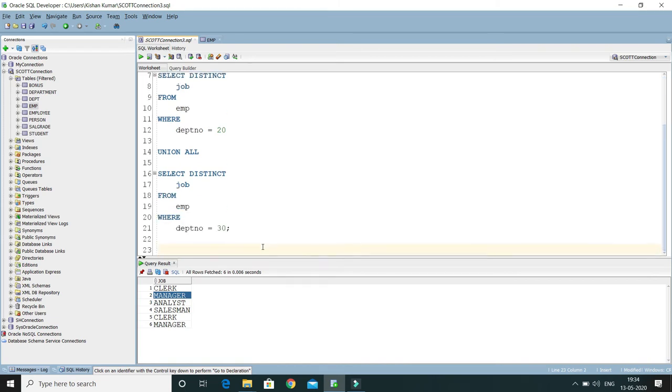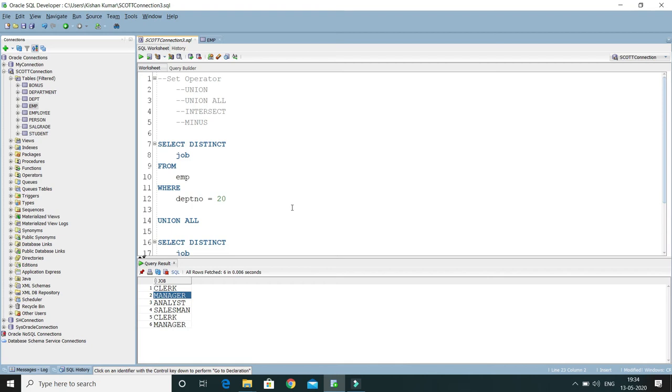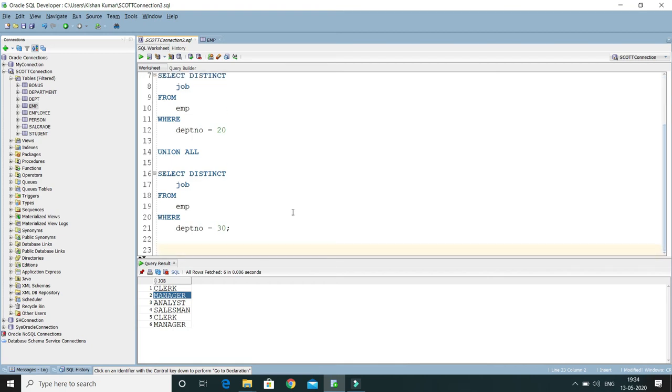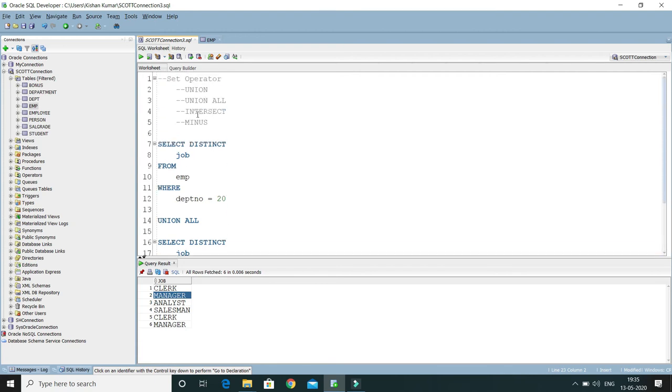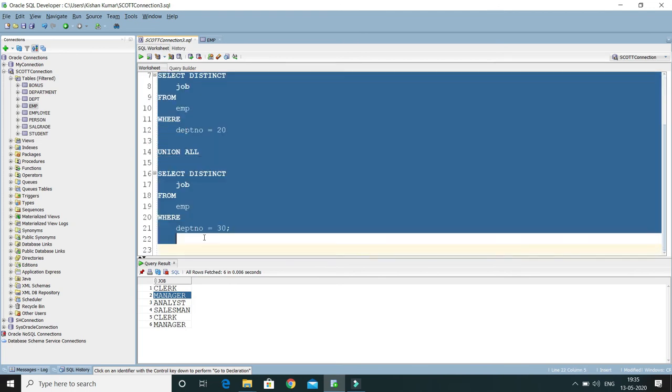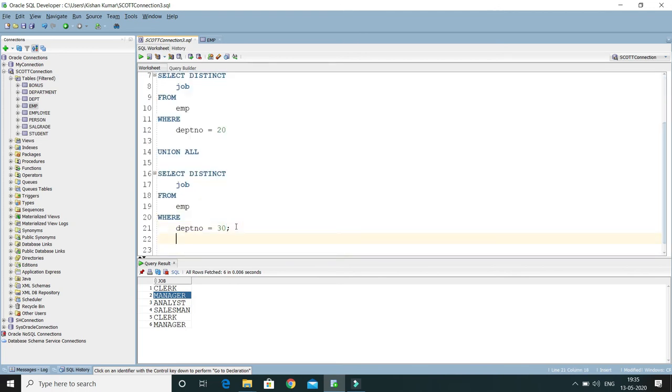Now let's move ahead and see what intersect is. The intersect operator returns the common or identical rows from all queries. Let's say I would like to list the jobs common to departments 20 and 30. So I'm going to copy this same query, and here instead of union all I will write intersect.